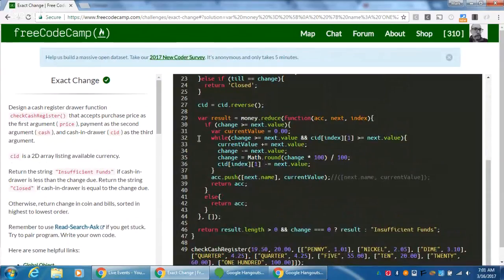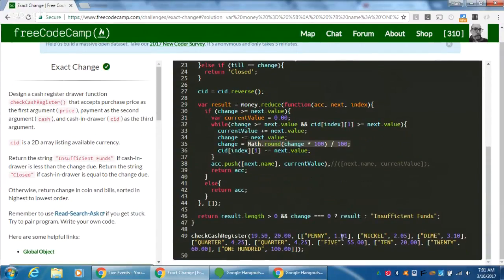And here is all of our logic, including our Math.round, and we change our 2 decimal places, such as penny, nickel. We multiply that by 100, to make sure that I'm doing math with integers. Then when I'm finished, I'm going to divide by 100 to get back to 2 decimal places. After I get everything all done and set, I am just going to push the accumulator from my reduce,